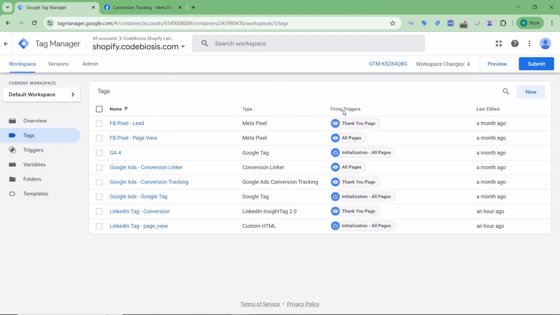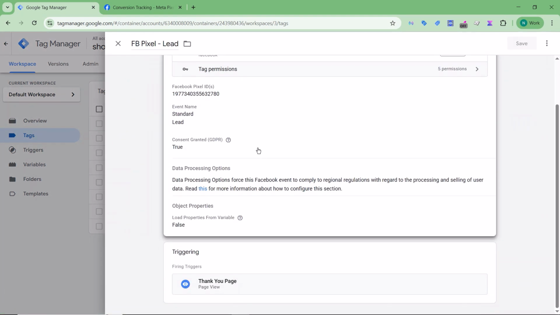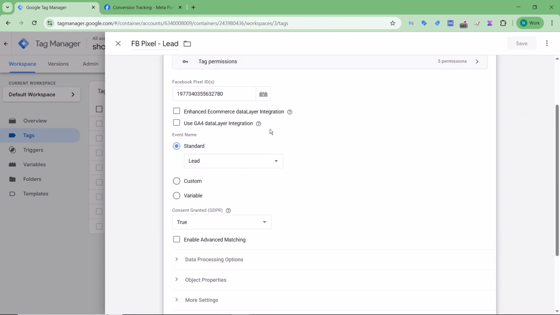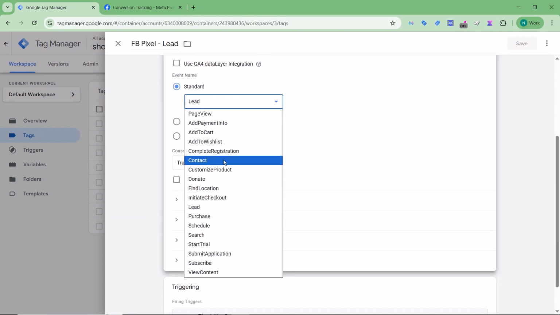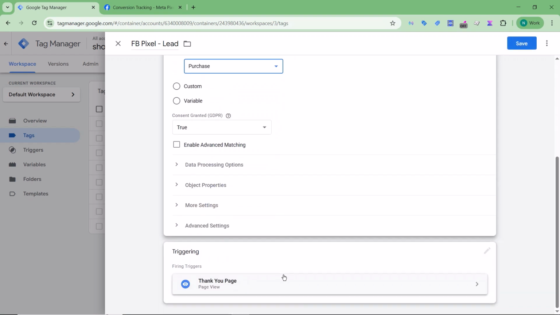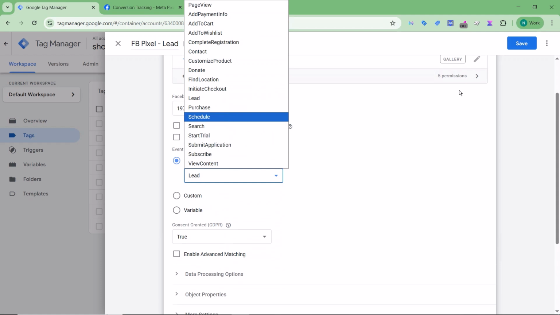Okay, but here, guys, if you are using a template, then I will show you a basic overview of the template here. Okay, so in the template, you will see that I click on it here. Okay, after clicking, you can see here, guys, the standard event, and I click on the standard event. So here you see this is Facebook's standard event list. Here you can set up an event. It means if you want to set up a purchase event, you can select purchase and trigger your custom purchase event here. Okay guys, so here you can see the names of such standard events are already available in Facebook's